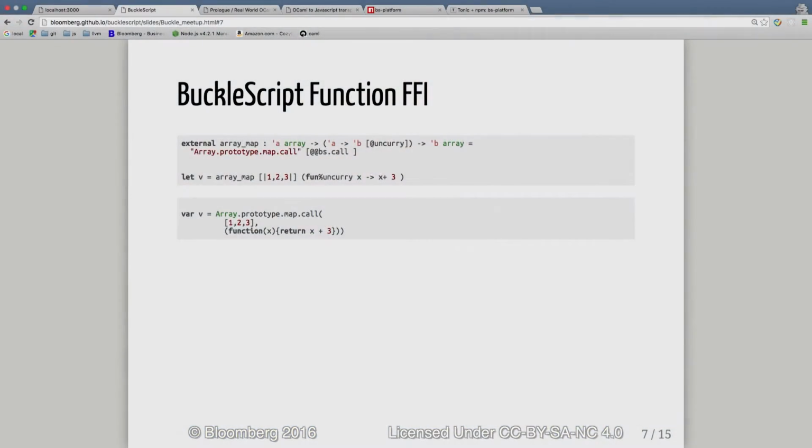And the third way is you need to call JavaScript from BuckleScript. Because JavaScript is a dynamic language, just like TypeScript, you have to write the type declarations, and I will show you later. For simple FFI, it's very simple. You just write the external. External is the OCaml way of defining the FFI. Here we define external array map and define its type. The first argument is array, and the second argument is a function, 'a to 'b. And because the calling convention of JavaScript is uncurried,